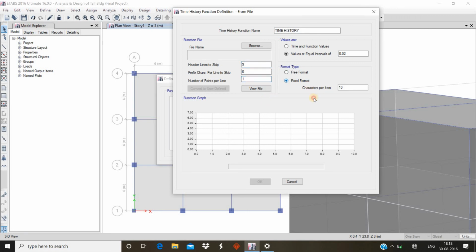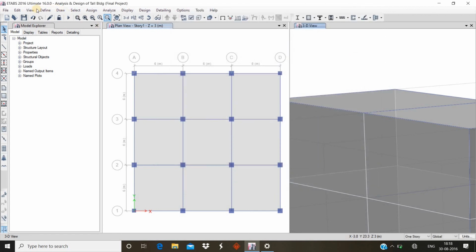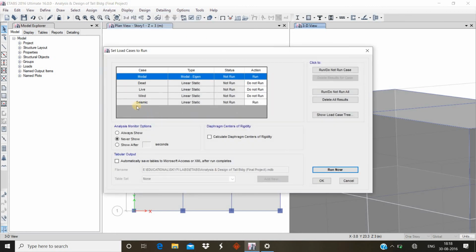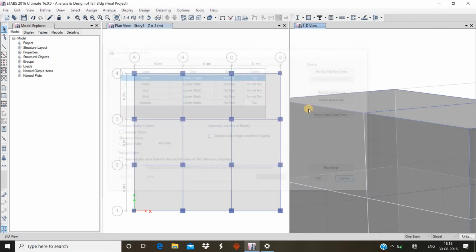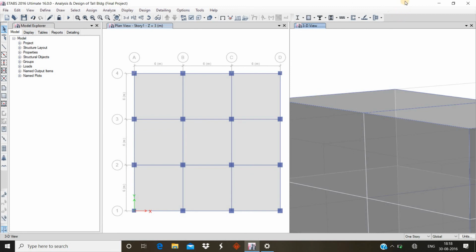Then go to fixed format, you will be notified of the actual time history, then click on OK. Then go to analyze, then set load cases to run, select the time history, click on run, and you will get the time history analysis.